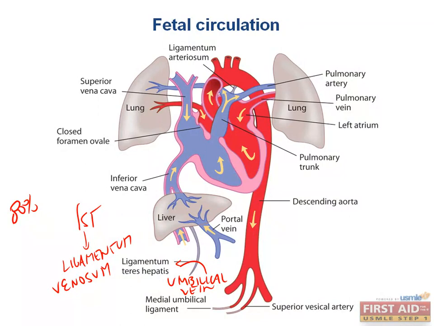Alright, what about the foramen ovale? It will close off and just leave a nice little concavity which is called the fossa. Remember, the foramen ovale closes off with a small concavity called the fossa ovalis. Fossa means small indentation. The ductus arteriosus, which carries partially deoxygenated blood from the pulmonary artery to the distal segment